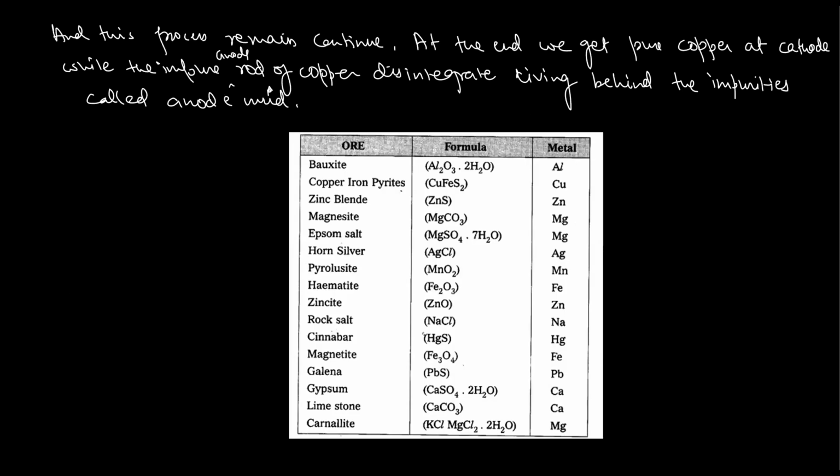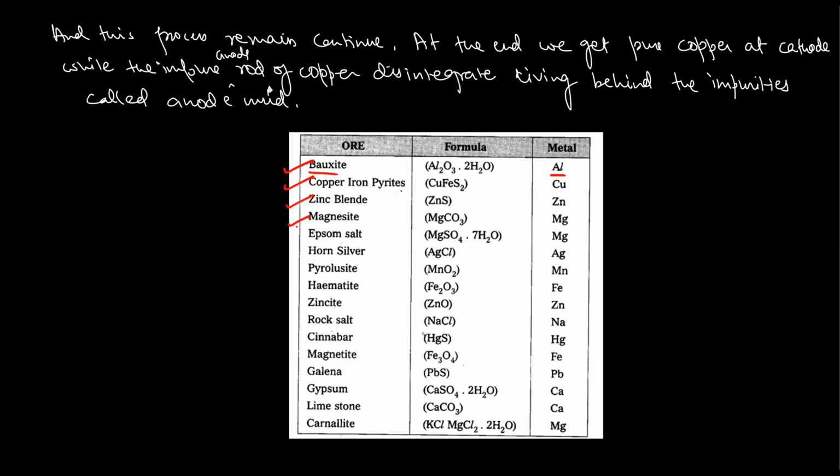Note this one also, and then note this table. This table is important. Sometimes the question may be asked: name the ore for aluminium. You must remember that bauxite is an ore for aluminium metal. So this may be asked: bauxite, copper pyrite. So important. Write only this one: bauxite, copper iron pyrite, zinc blend,